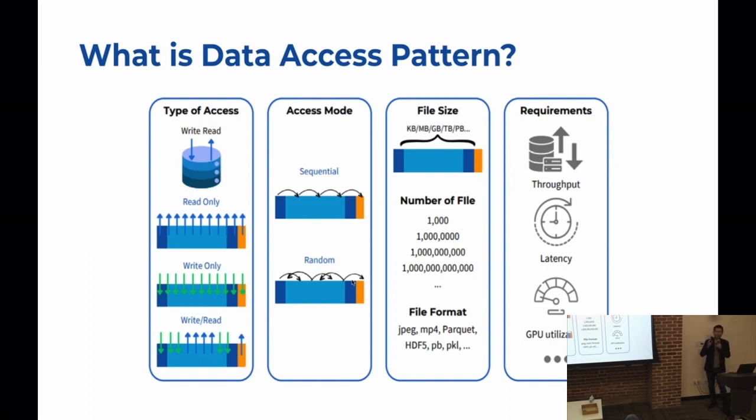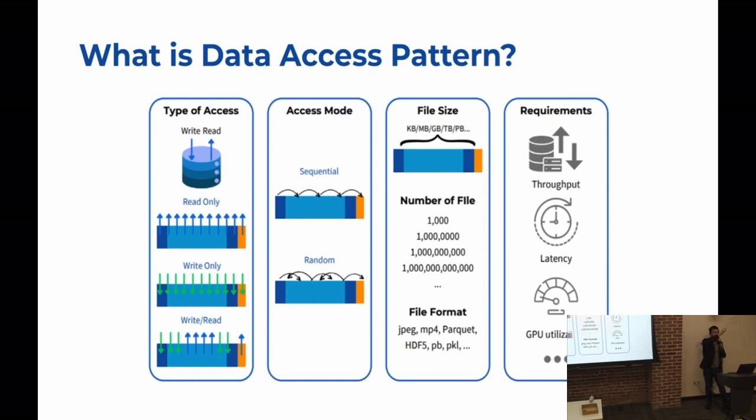It's not really random, it's still based on your algorithm, but from the storage perspective, because the storage knows nothing about your algorithm in the compute part, it looks like random data access. It may start from the very end and then seek back to the front. Maybe start from the front, but it skips a lot of rows or lines in your data file. Obviously, for these two data patterns, we need different data access strategies. Am I right? So if we have sequential read, probably the best optimization here is we can prefetch the data because we know you need everything in this file.